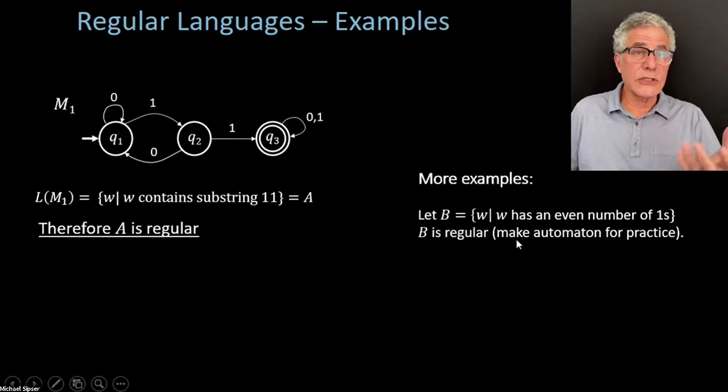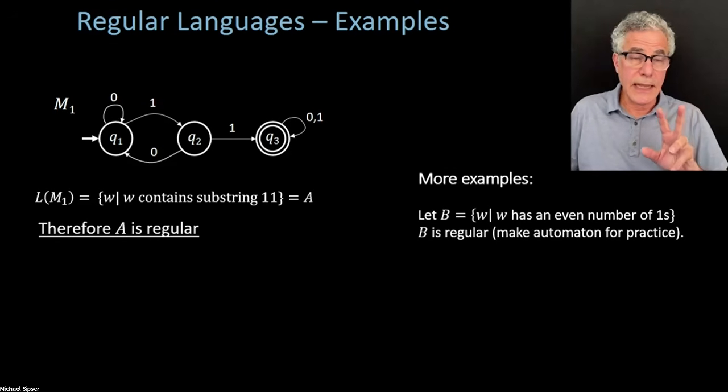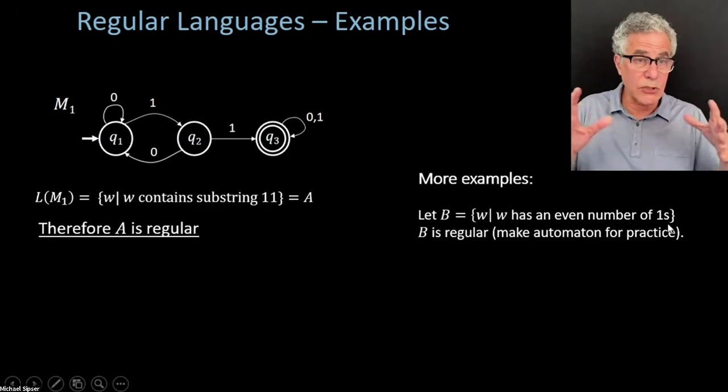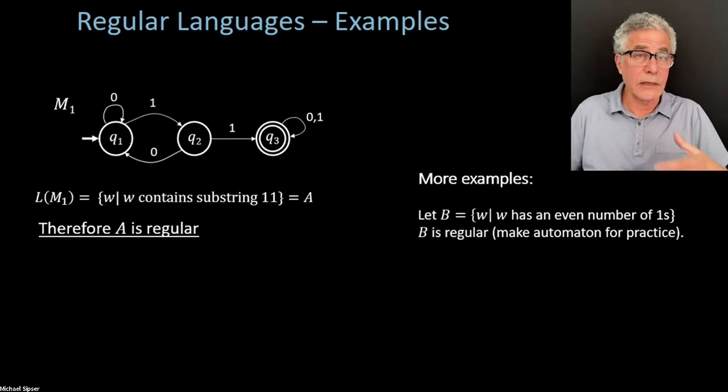And the way you would know that is you would make a finite automaton that recognizes that language. I would encourage you to go and make that automaton. You can do it with 2 states. It's a very simple automaton. But if you haven't had practice with these, I encourage you to do that. There are lots of examples that I ask you to solve at the end of chapter 1 in the book, and you definitely should spend some time playing with it if you have not yet seen finite automata before. You need to get comfortable with these and be able to make them. We're going to start making some of them, but we're going to be talking about it at a more abstract level in a minute.